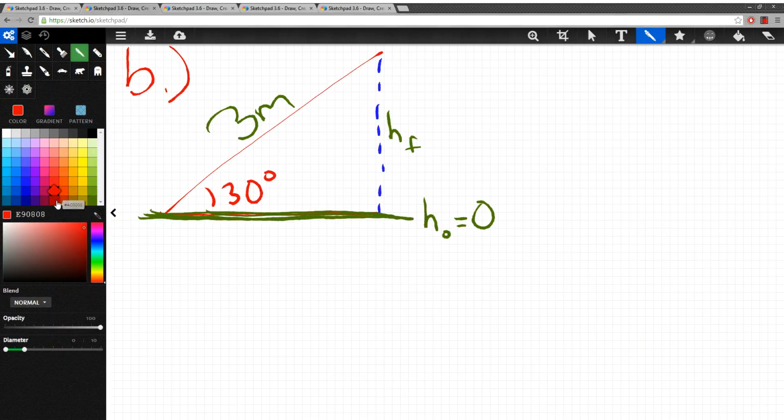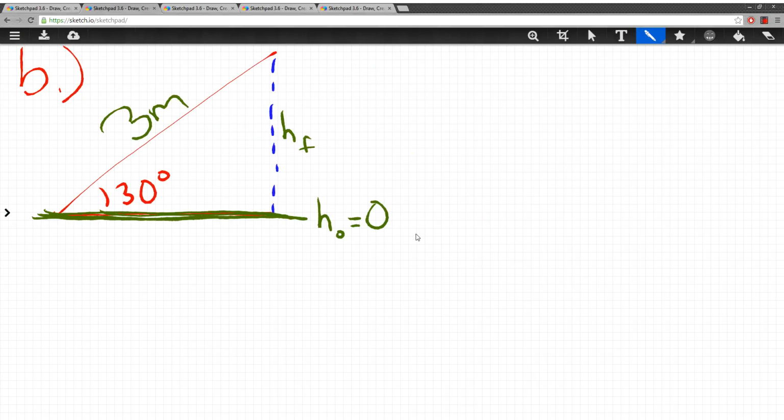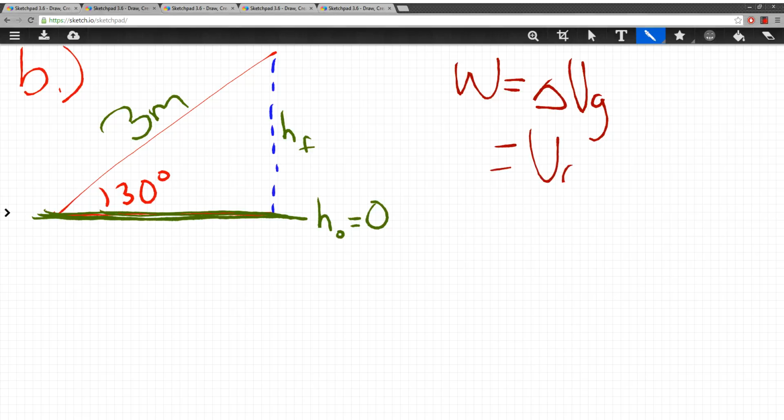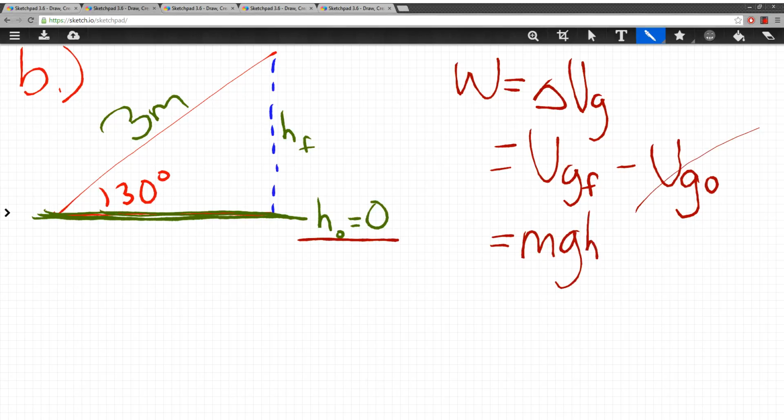Okay, so for part B, they want you to find the change in the object's gravitational potential energy, which is also work, since work is a change in any energy. So you have potential gravitational energy final minus potential gravitational energy initial, and I set the h equals 0 point at the ground, so that's where the object initially is, and so it won't have any gravitational potential energy at that point. So you're just left with mgh final, and the change in gravitational potential energy measures the change in vertical height, but they do give you